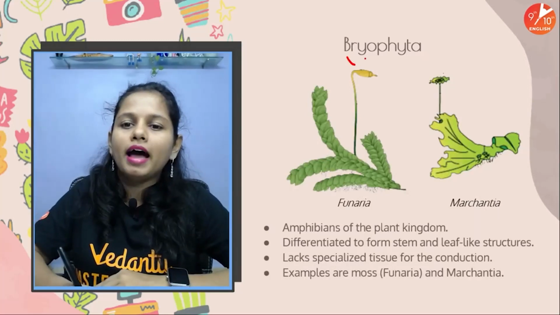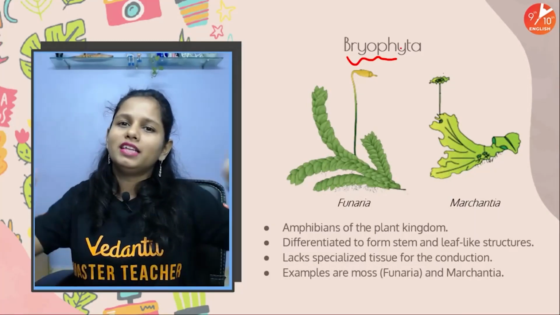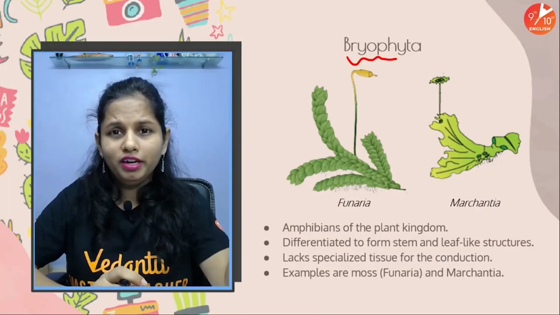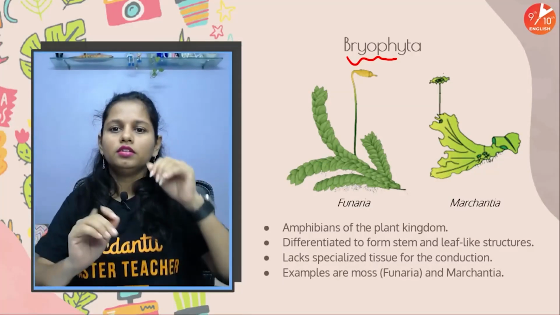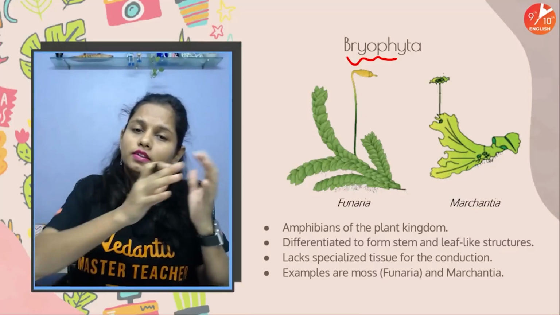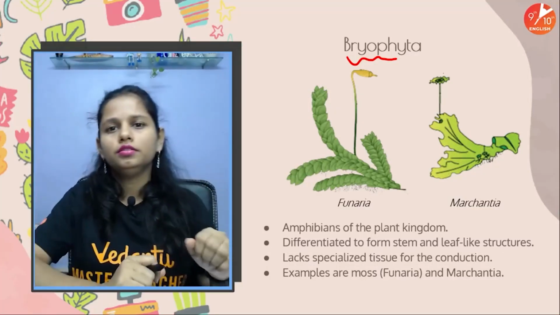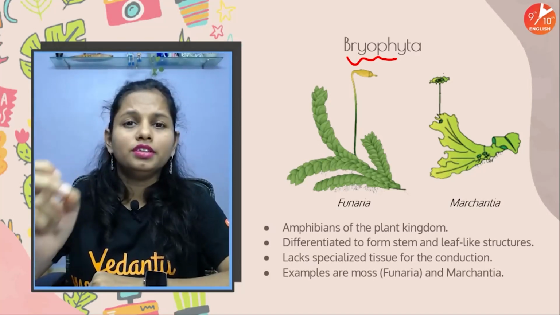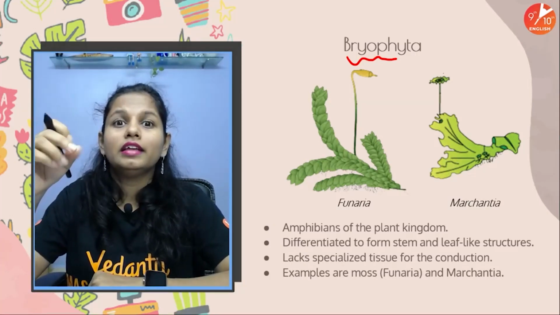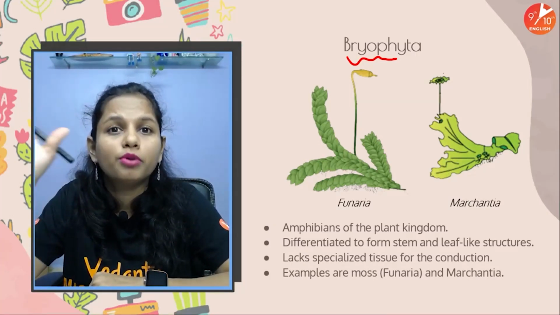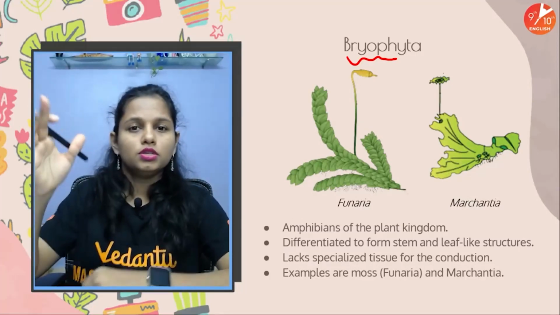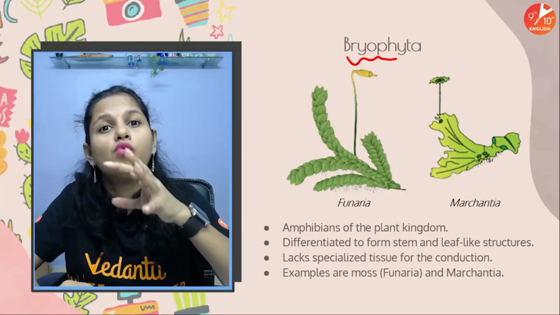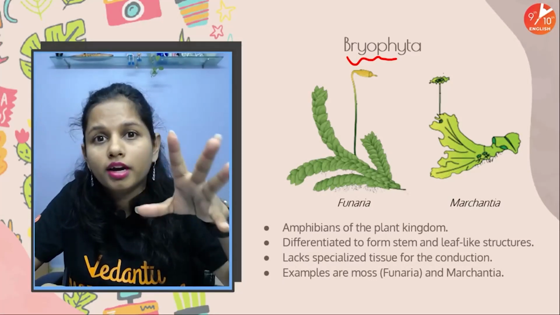Now people, Bryophytes. Now Bryophytes are beech ka bakra. Okay, Thalophytes were growing in water. Now Bryophytes, they grow in water. They can even grow on land. But if they are growing on land, they require moisture for reproduction. Okay, so even if they can live on land, they require water for reproduction.